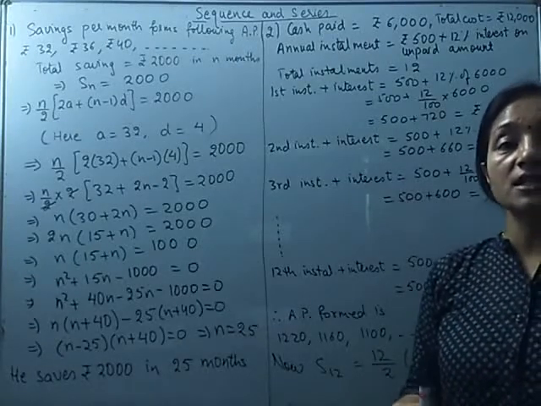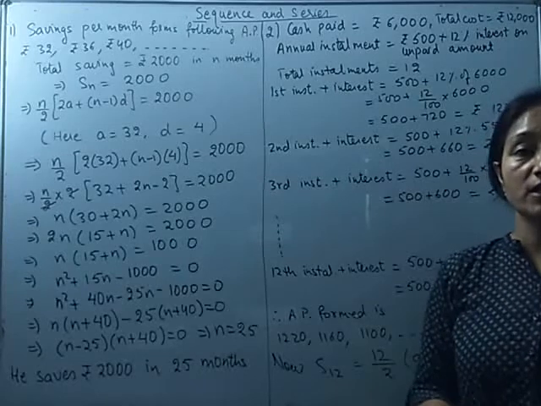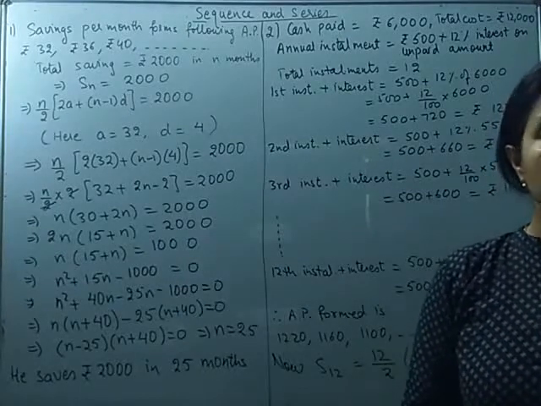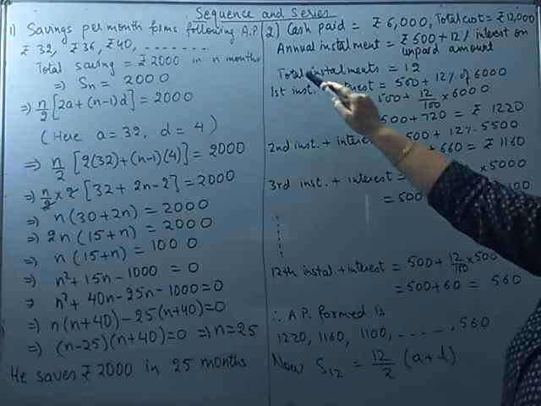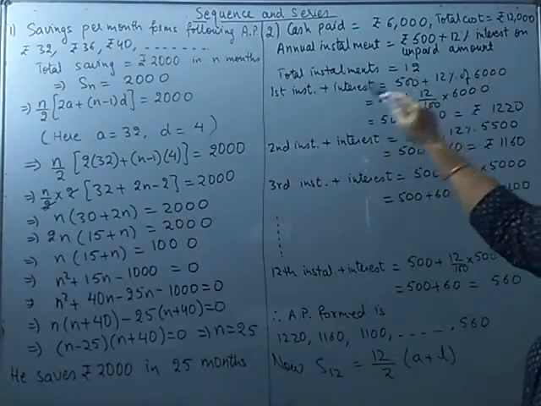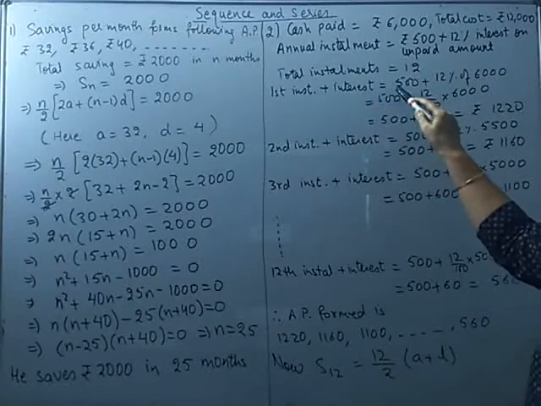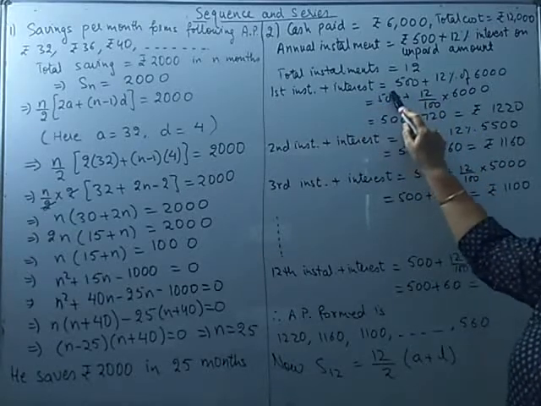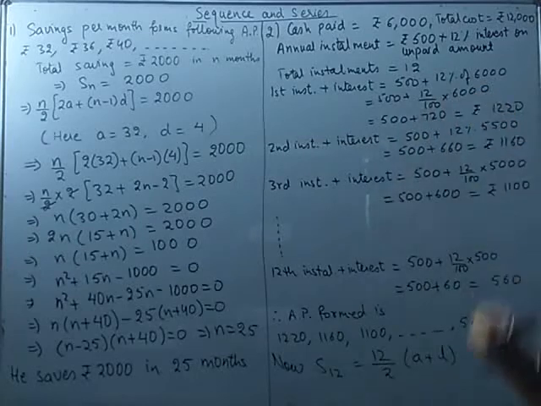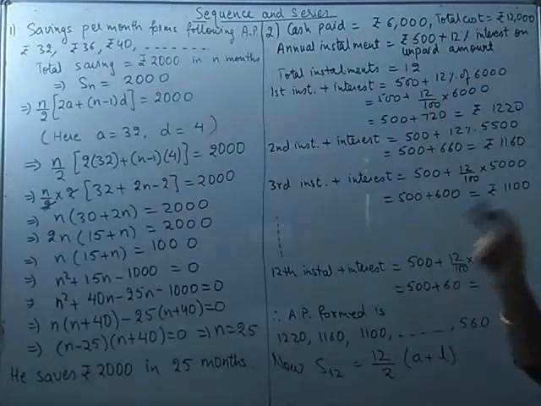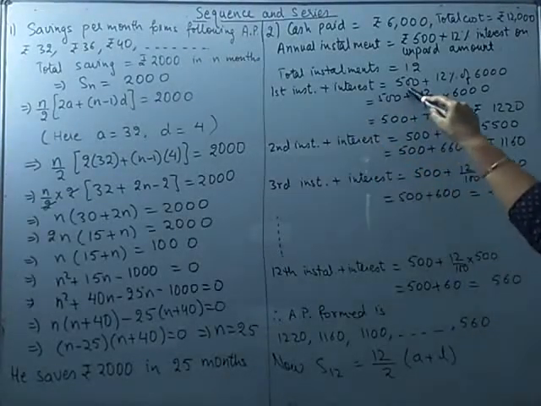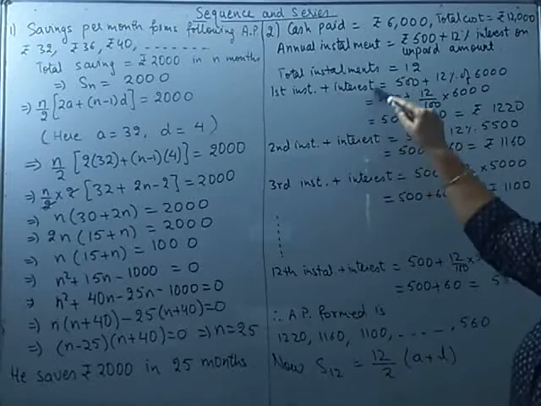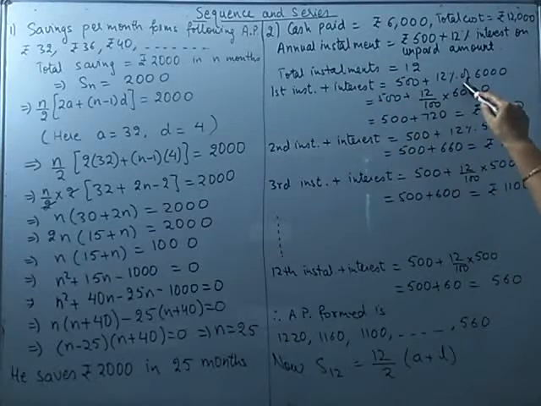So like this, he is going to take 12 years to complete those remaining 6,000 rupees. So it was decided he will pay 12 installments, and each installment will consist of rupees 500 plus 12% interest on the unpaid amount. Okay, so when he goes for submitting the first installment, he has to pay rupees 500, and what will be the interest? It will be 12% of the unpaid amount.